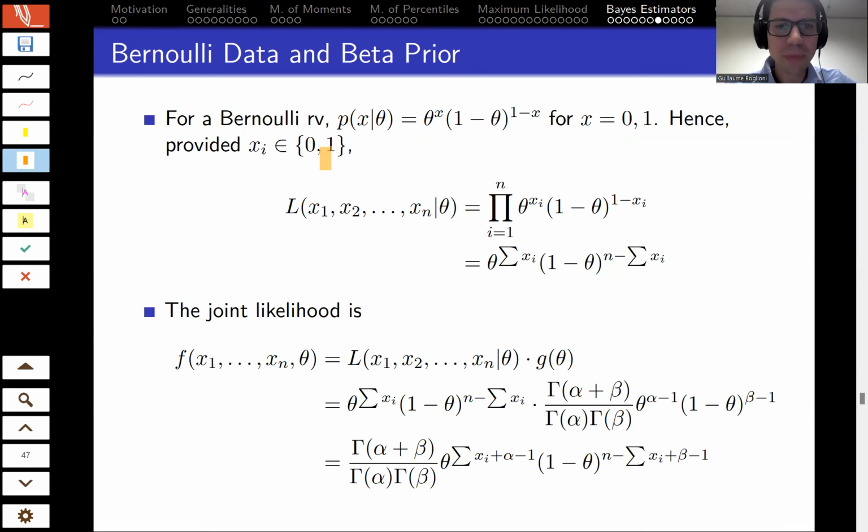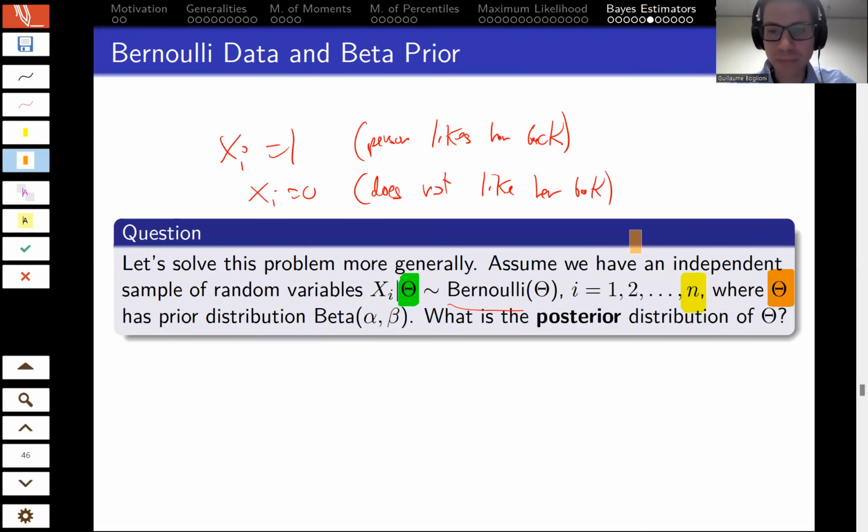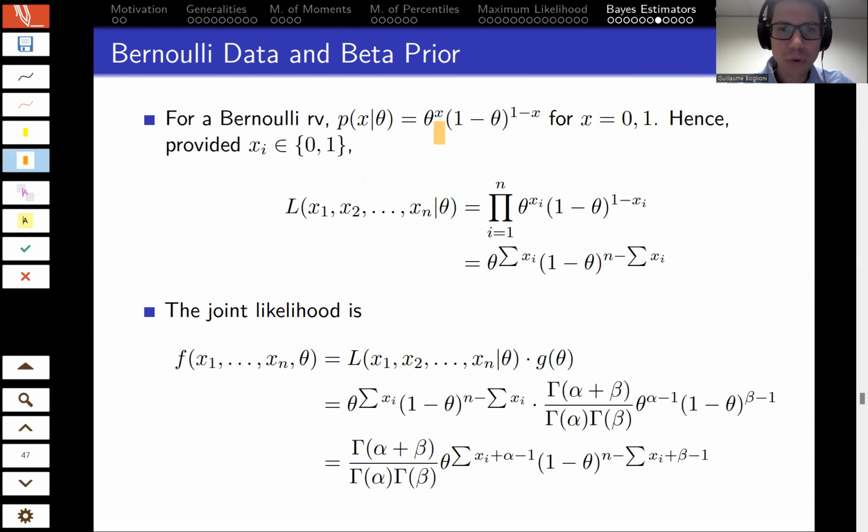For Bernoulli, the x's are, of course, discrete, so they have a mass function. You can write it simply like that. The argument here, x, is the 0 or 1, a failure or success. And theta is viewed as, of course, the parameter of the Bernoulli, so it's the probability of success. So that's the form of the probability mass function.